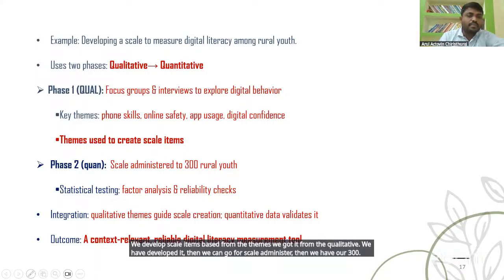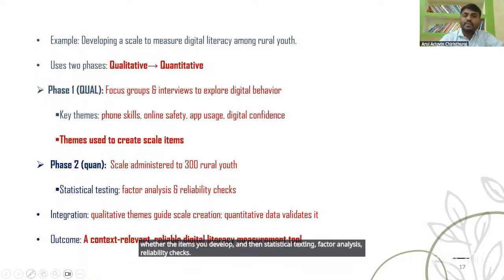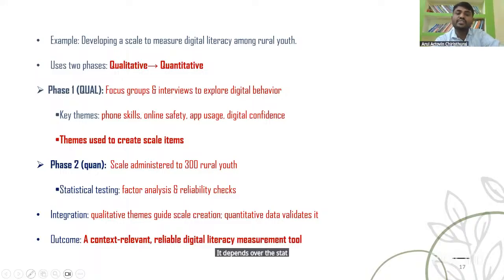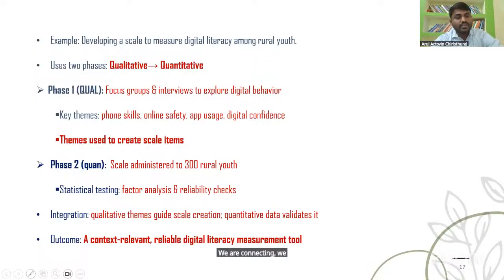to test whether the items we developed work, and then do statistical testing: factor analysis and reliability checks. It depends on the statistical test which we can use for developing a scale. So once we have conducted the scale, factor analysis and reliability checks are done.